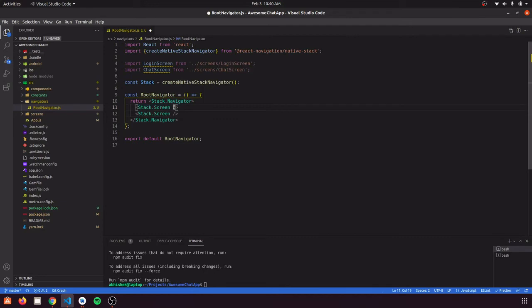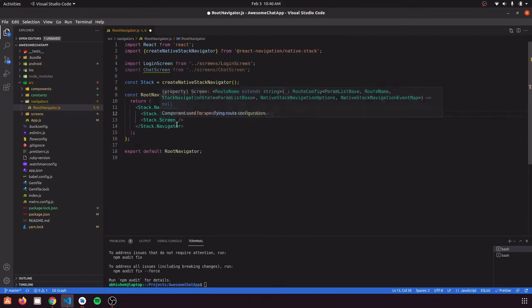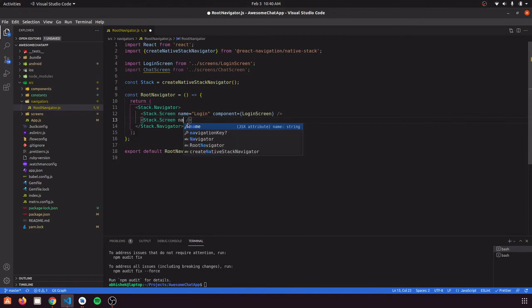Our first screen's name would be login, and its component is our login screen. Whenever we need to navigate to this login screen, we need to give the name that we are defining here. Our second screen name is, let's say, chat, and its component is chat screen.